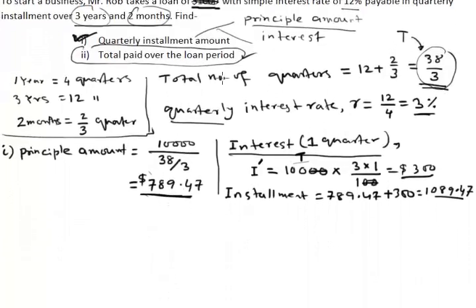Okay, we already calculated that there are altogether 38/3 quarters, and that each quarter he is paying $300 interest. So for each quarter he is paying this much interest. There are 38/3 quarters over this loan period. So the total interest